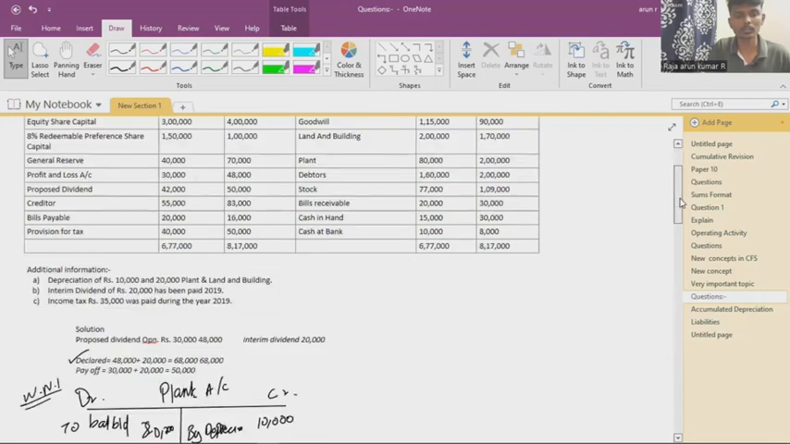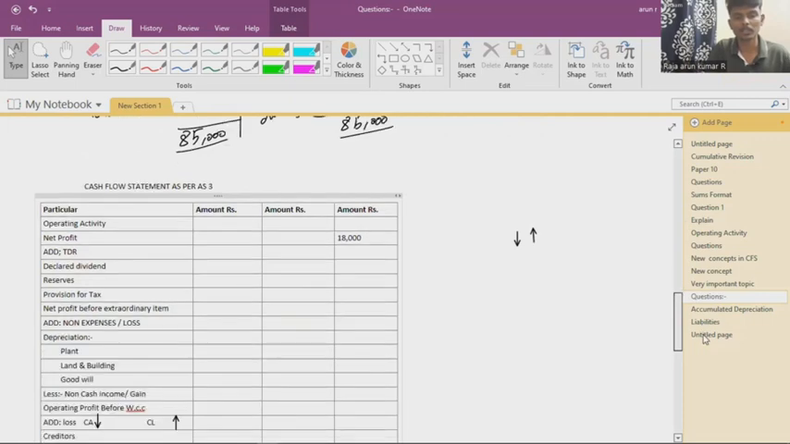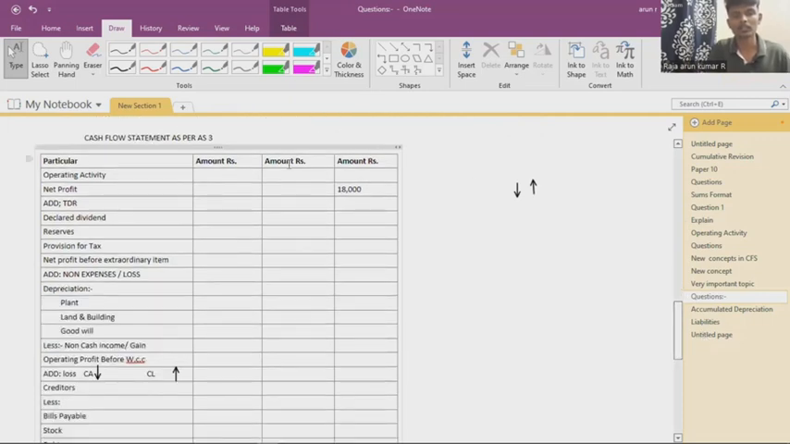The solution: first we do the proposed dividend and the 3 working notes 1, 2, and 3, and come to the sum. Cash flow statement as per AS3. First step, declared dividend they given. Declared dividend rupees 70,000. Reserves they given. Reserves rupees 30,000. There is an increase in reserves. Provision for taxation 45,000. The total of this